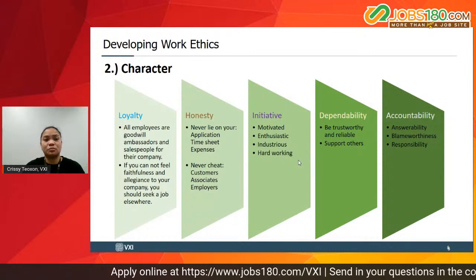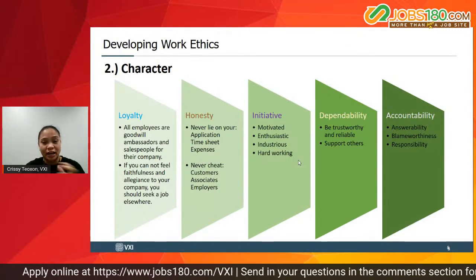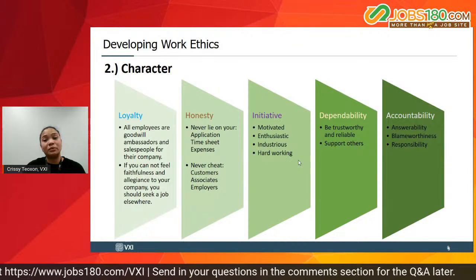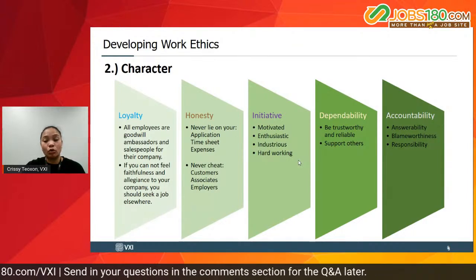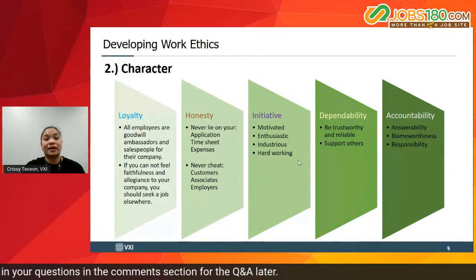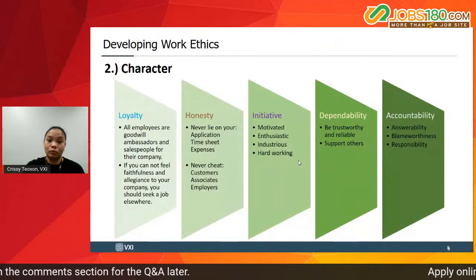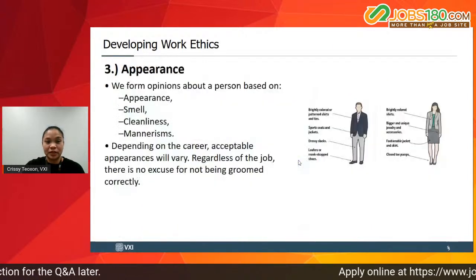Ano po ba ibig sabihin ng respected, yung pinupo at opo? Not that. It means that they believe in you. They believe that you can deliver what you are expected to deliver, and you are a valuable part of the team. Okay. Next is